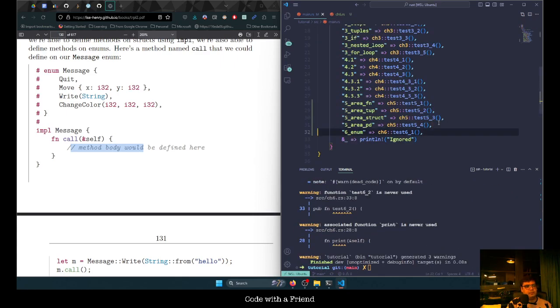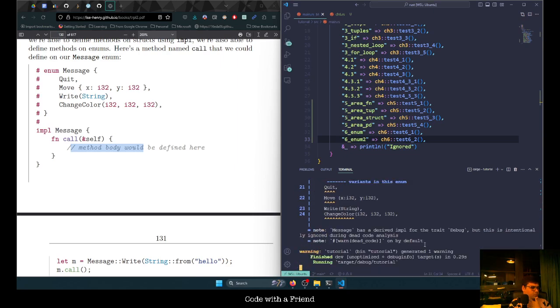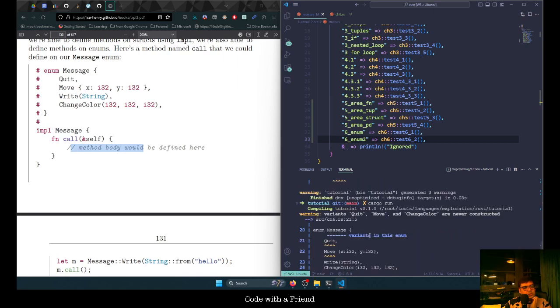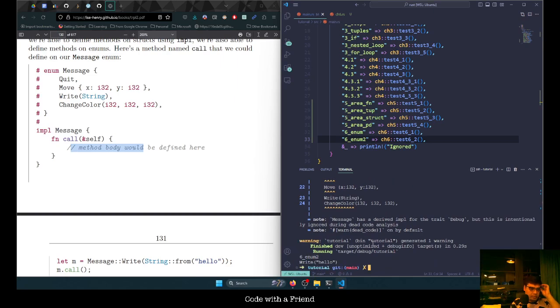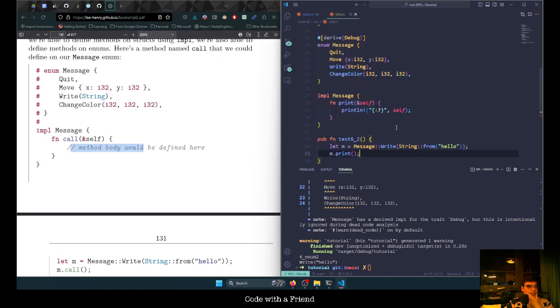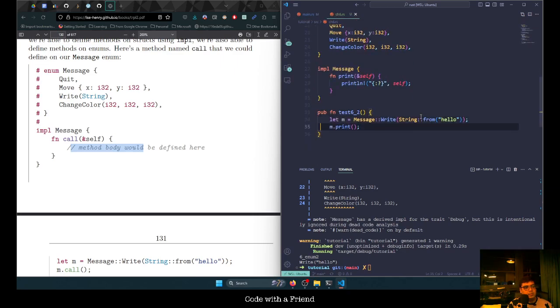Okay, yeah. Six underscore enum two, so it goes as write hello, and ideally we should have different kinds of